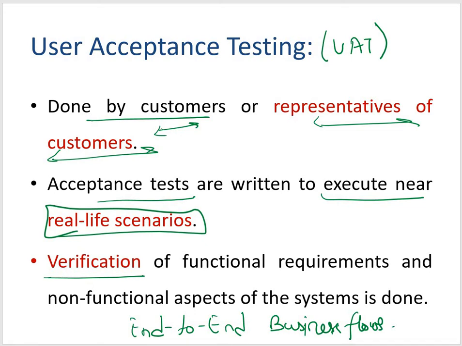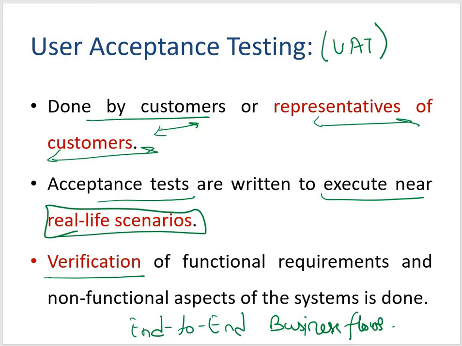So in your user acceptance testing, we don't focus on the cosmetic errors or the spelling mistakes, because that part we assume is covered where we talk about user experience, right? And the user interface testing as well. Here we are talking about the acceptance testing. So we don't look into the cosmetic errors or any spelling mistakes or some system tests.